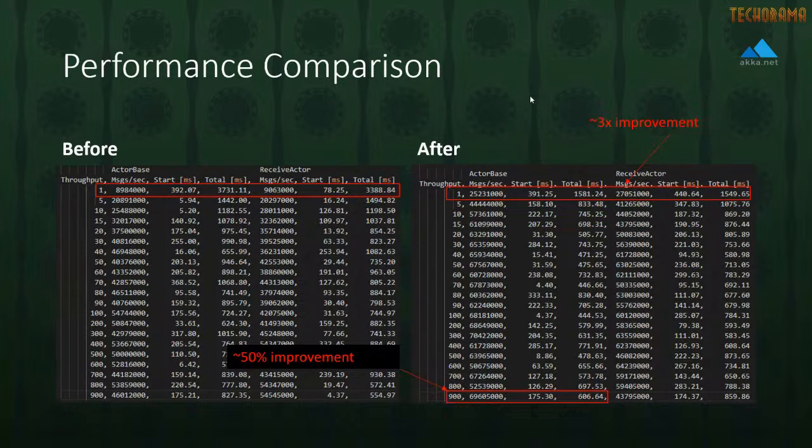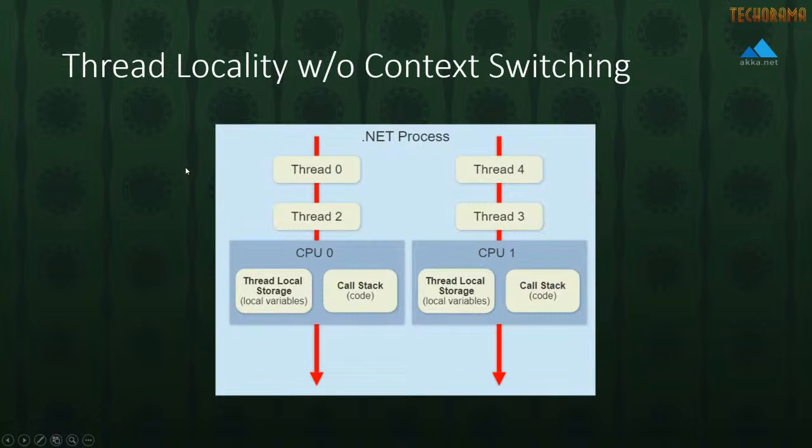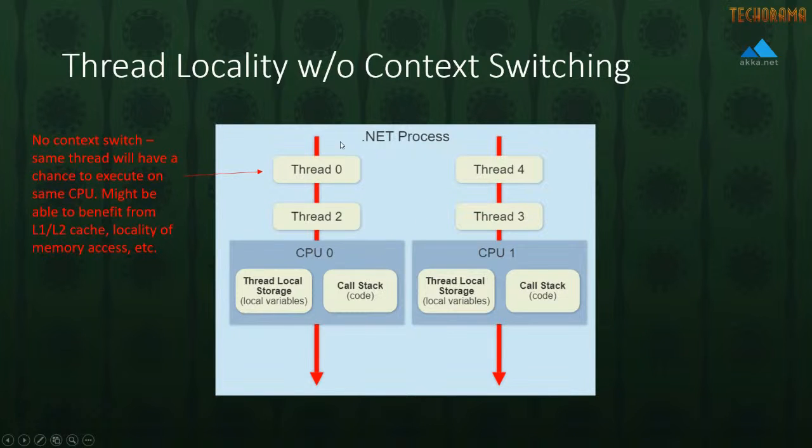So that's the advantage of being able to specify where we want execution to occur, and it allows us to reduce context switching. Some of the parts of .NET 6 that are built into the runtime, like the task scheduler, already take advantage of this for you. So you should see your awaits complete a lot faster if you have a lot of them than they did before, because they're taking advantage of this exact same change as well. So when there's no context switching, here's what's really occurring. Thread 0 gets executed back on the same CPU it was previously executing on, instead of being scheduled on CPU 1. That way we can try to benefit from locality of memory access and from the availability of caching inside of here.